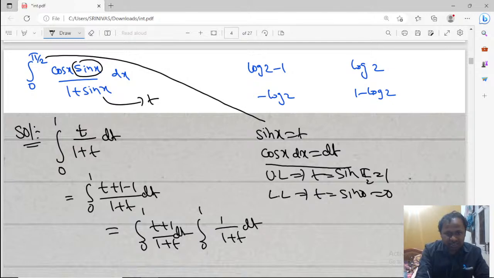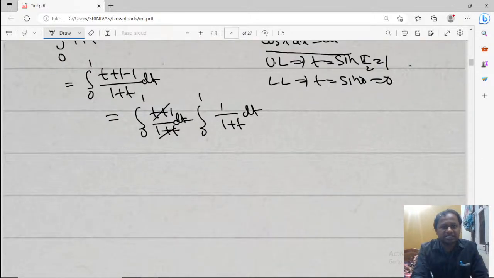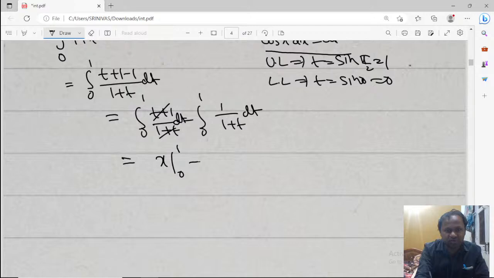These got cancelled. So by cancelling this, what we get, integration of 1 dt is nothing but t, limits 0 to 1, integration of 1 by 1 plus